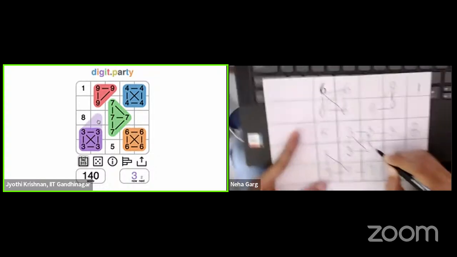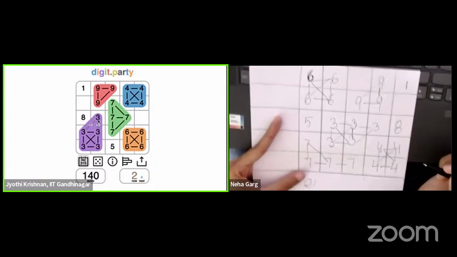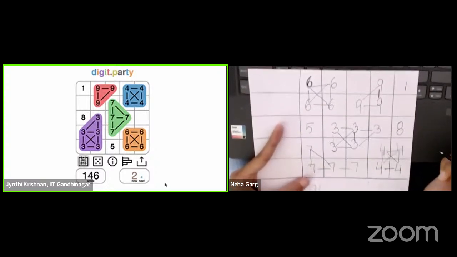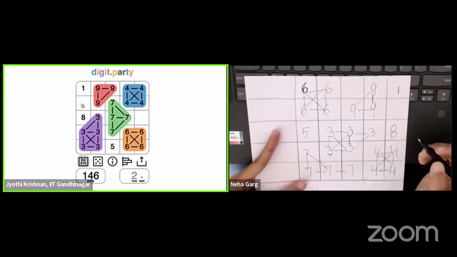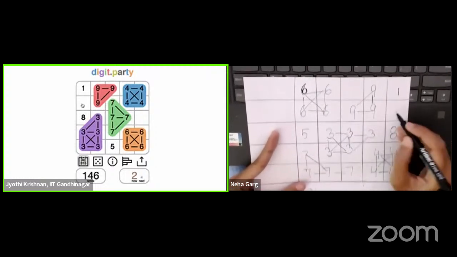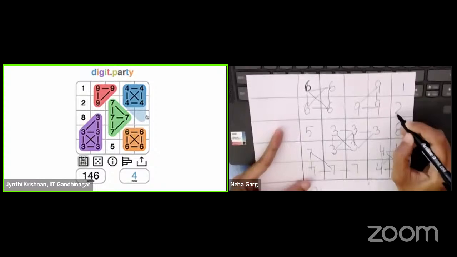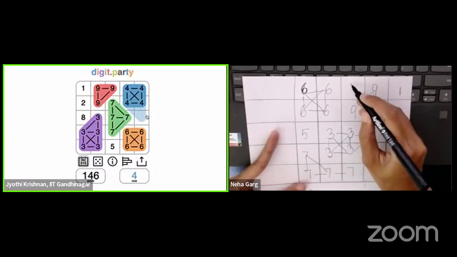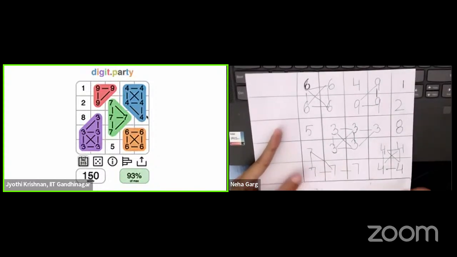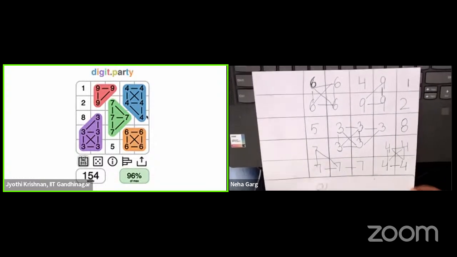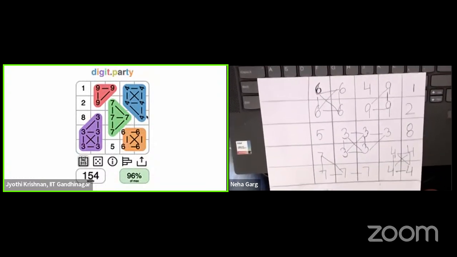So the 3 is easy. Now the 2 is a little bit hard, but great. I know I have a 4, so I'm going to put my 2 here and 4 here. Okay. So now if you're scoring this kind of thing, and of course I had a very unfair advantage